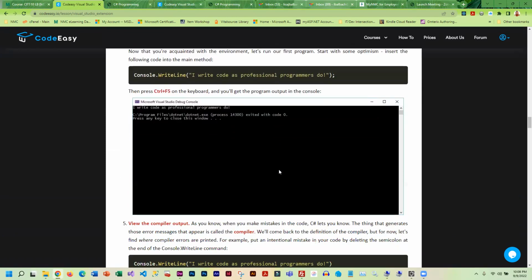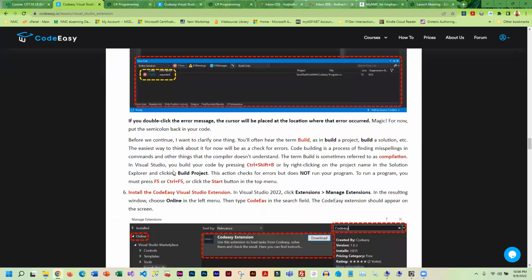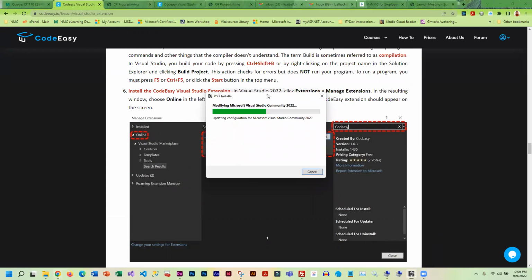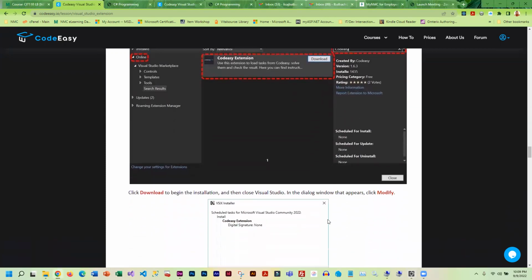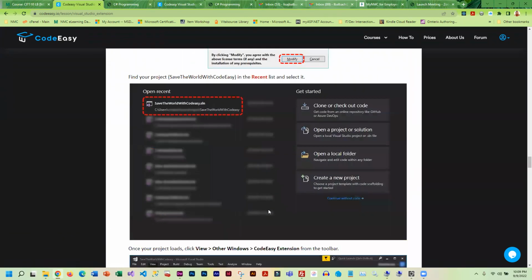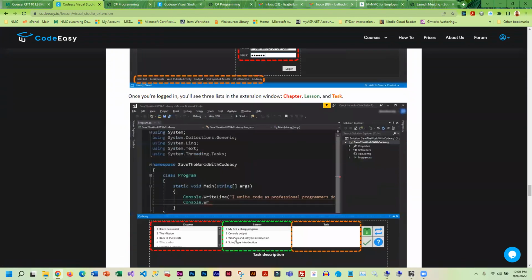So you can actually walk through all of these, and then they're going to want you to download the Code Easy extension, which I did. I actually had to close out of Visual Studio, and I'm actually installing that as we speak. This is installing it for me. Okay, so once I closed out of Visual Studio, this installer started up. I had to click modify, and off it ran. So you certainly can use Visual Studio. The nice thing is that it is supposed to interface with Code Easy,